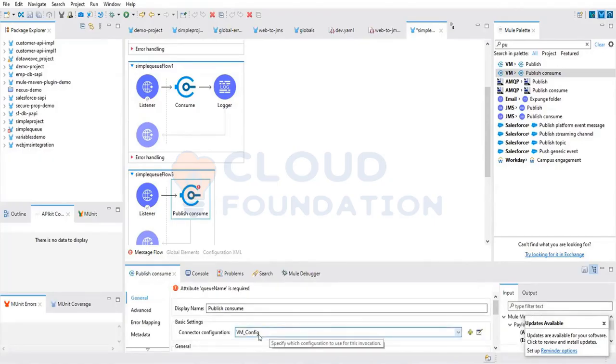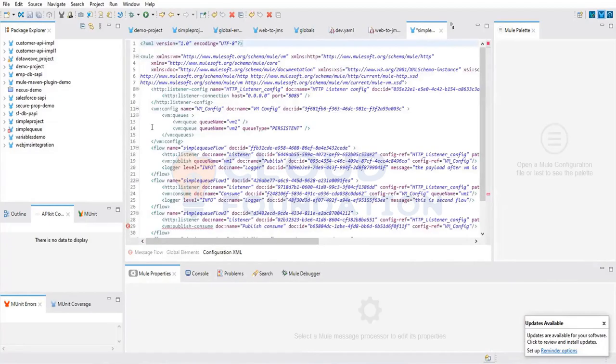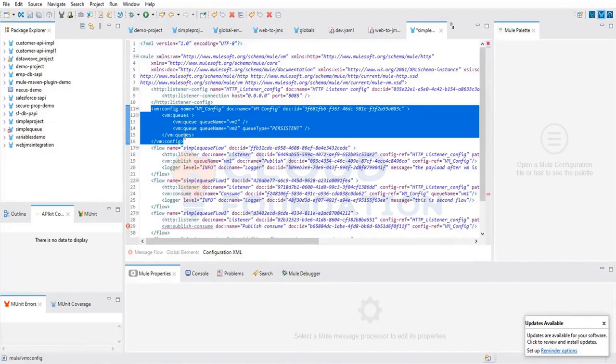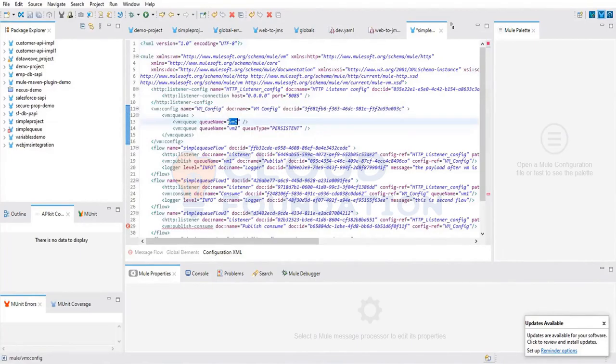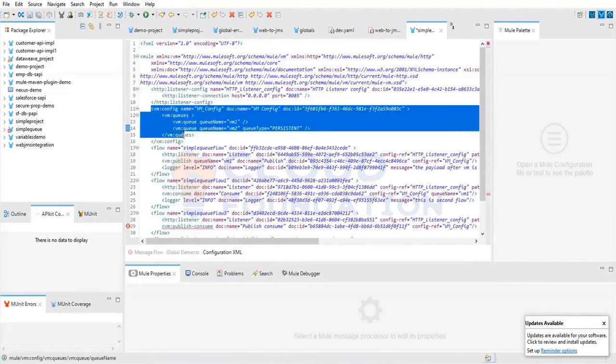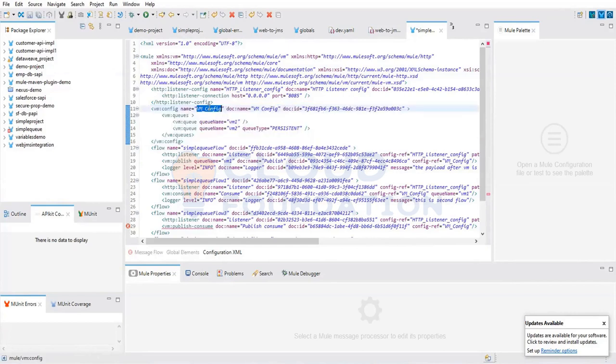See, I'm using this configuration called vmconfig. Vmconfig is a configuration that already has two queues, VM1 and VM2. So if you want to, you can use this configuration to publish and consume, or if you don't want to use this configuration, you want to create a new configuration,